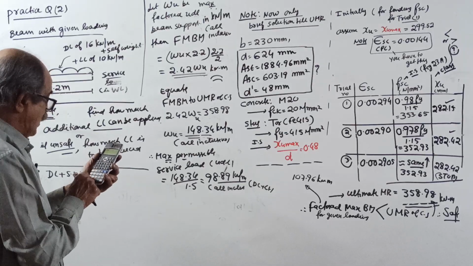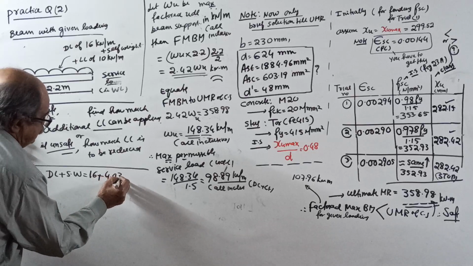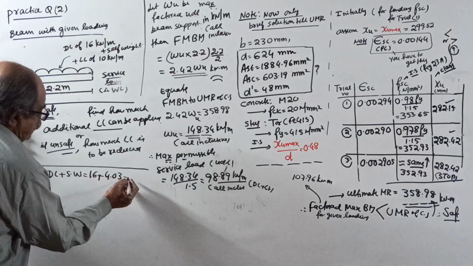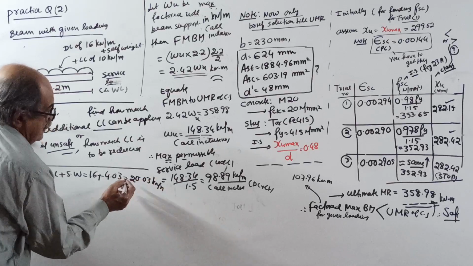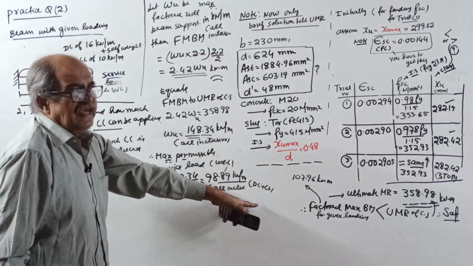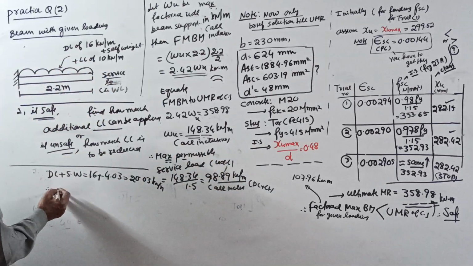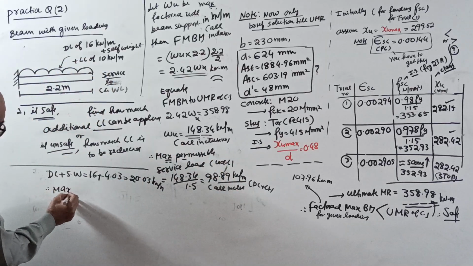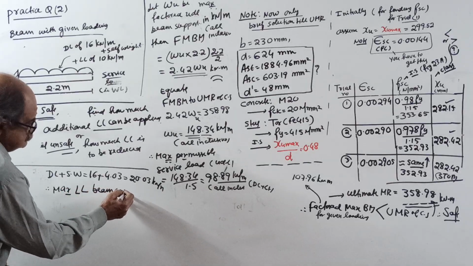0.23 into 0.7 into 25 equals 4.03. So 16 plus 4.03 is 20.03 kilonewton per meter dead load. Including dead load plus live load, the beam can support 98.89. Therefore, maximum live load the beam can support